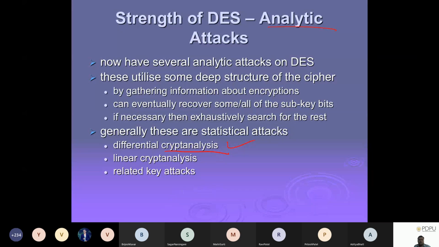How the ciphertext and plaintext, through confusion and diffusion, are related to each other or not, over a set of probabilities. If I have this plaintext, what is the probability that I will get these bits in my ciphertext, and from that people try to attack. Maybe if time permits we will go into detail on this, but as of now just be aware that such an analysis was done on DES.